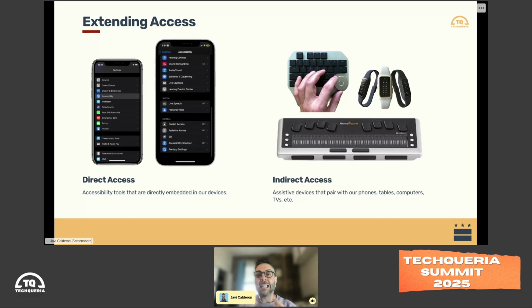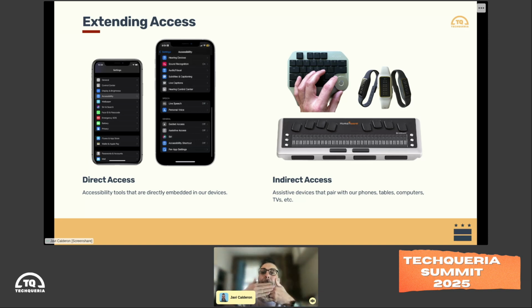Direct access technologies are baked into our devices from the get-go. As I'm sure you know, our iPhones, Google phones, Samsung devices, all of our smartphones now come with a section of accessibility tools that allow us to make changes to make that device work a little bit better for us.